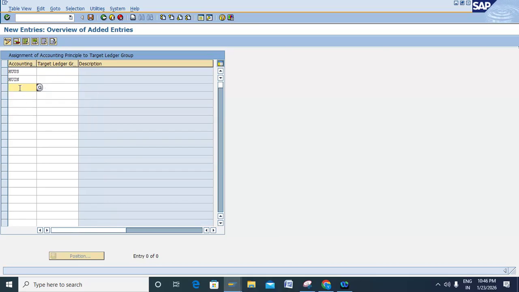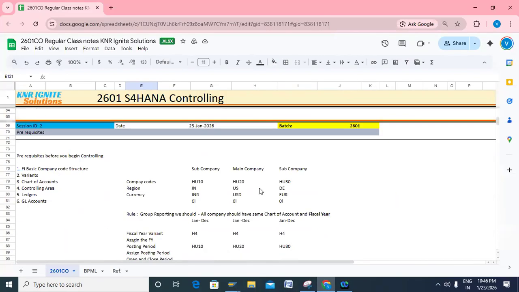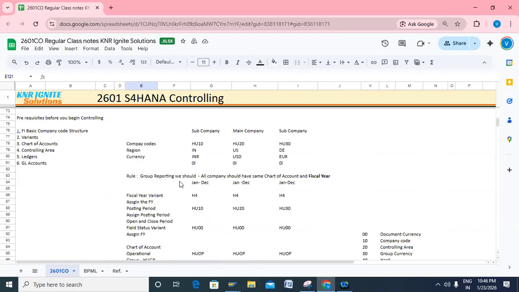So German HUGE, is it the right one? Yeah, right. Okay. So first step, if you see the org structure at the beginning, we said all our group